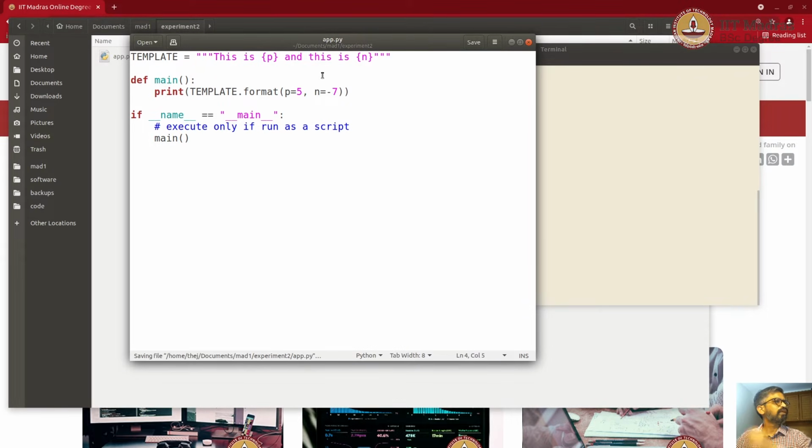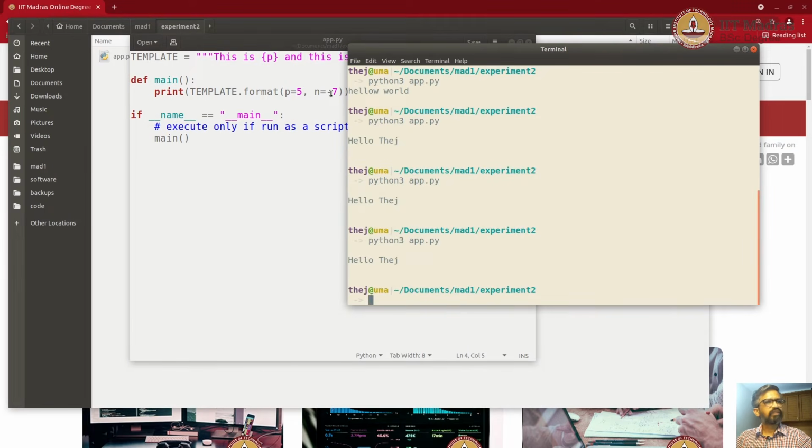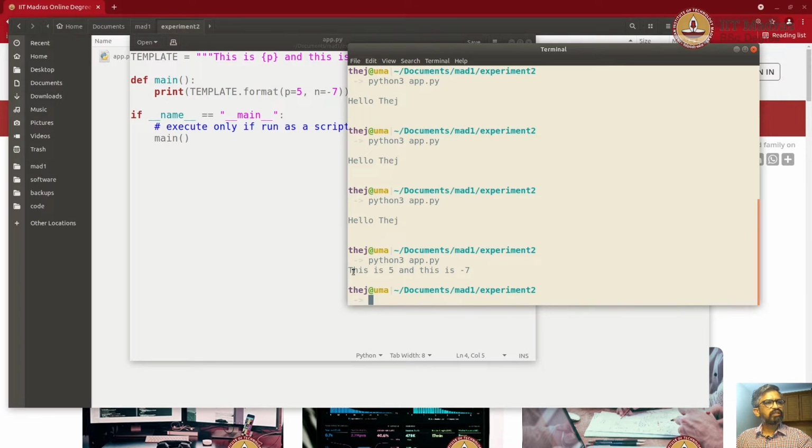So here I'm actually printing two numbers. This is P and then this is N, where P is plus and N is minus. Okay, negative number. Let's run this. It does print. This is 5 and this is minus 7. Let's say if you want to print this as like in